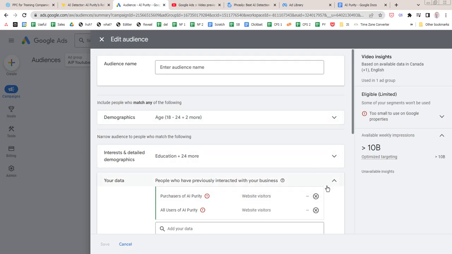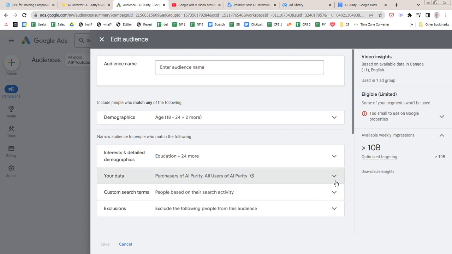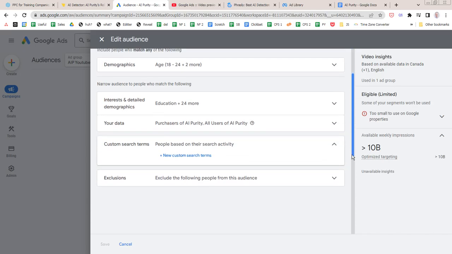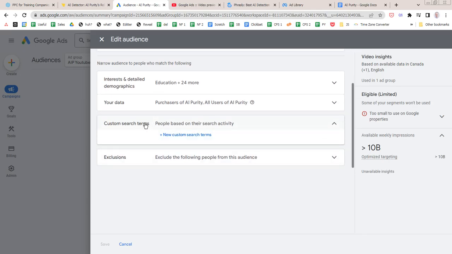Now, fortunately, all these were 0. Otherwise, this would have taken effect. And if this were like 100 people, it would have just selected people among the 100 people, the ones that are in college. So you want to eliminate that and have that as a totally different ad group. And then one more thing, I would also add a different ad group based on search terms, right?